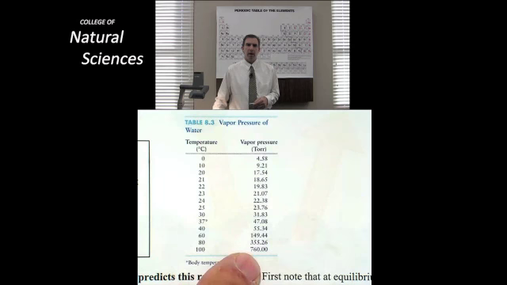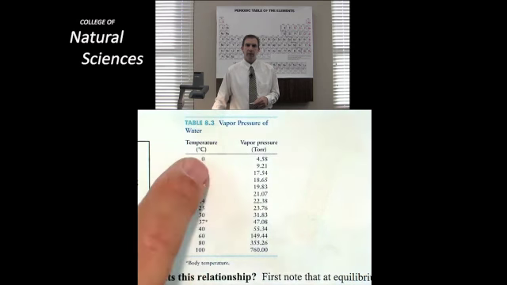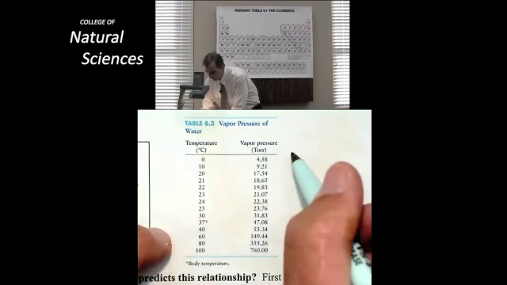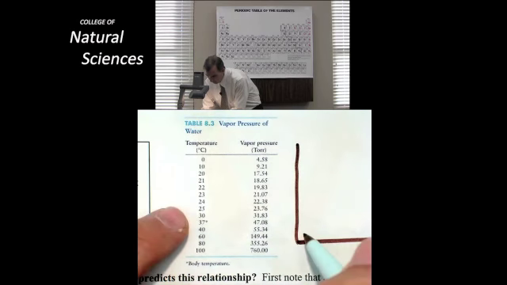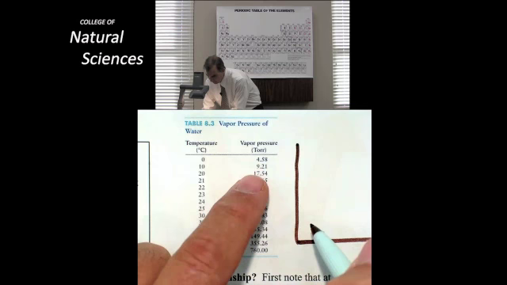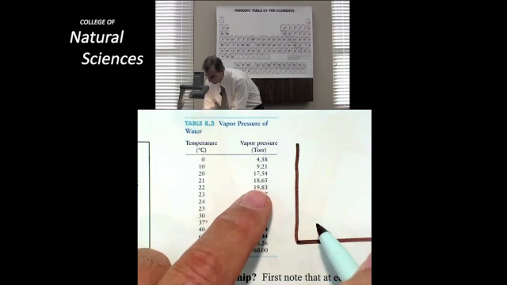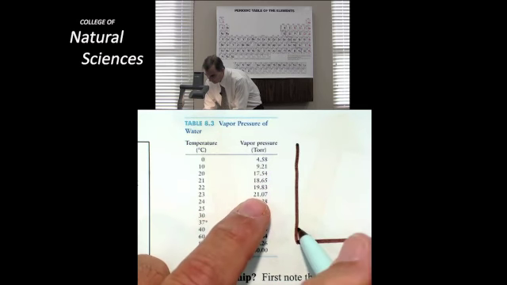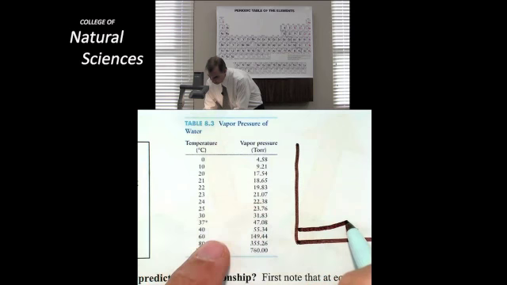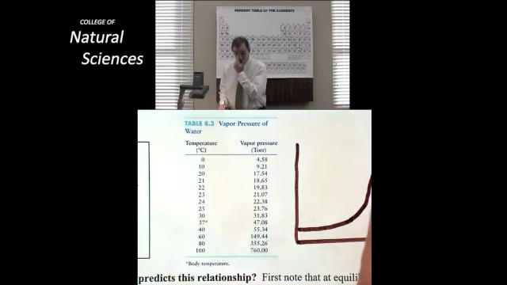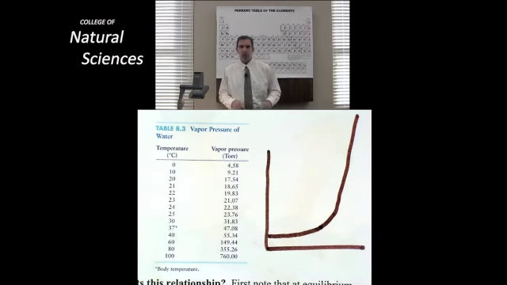If I was to make a plot of temperature here versus vapor pressure, as I look at it, it seems to have this kind of feel to it. It seems to suggest that early on my vapor pressure isn't changing a lot, from 4 to 9 to 18, 19, 20. It's like it's staying fairly flat there as the temperature is going up. But then notice, once I get up to 40, 60, 80, 100 degrees, it increases exponentially. Wow. It's as if the vapor pressure increase is an exponential phenomenon.